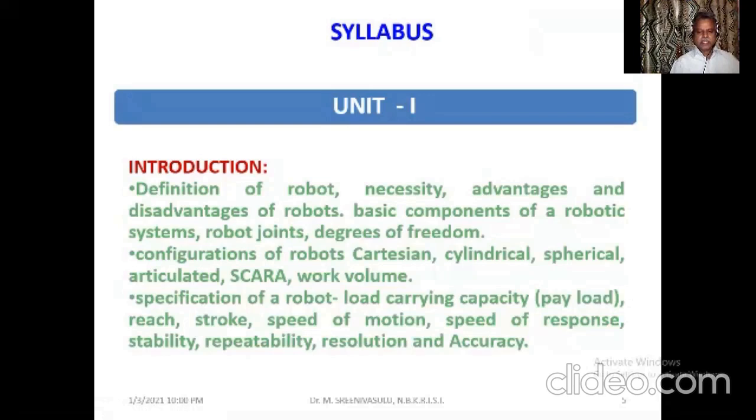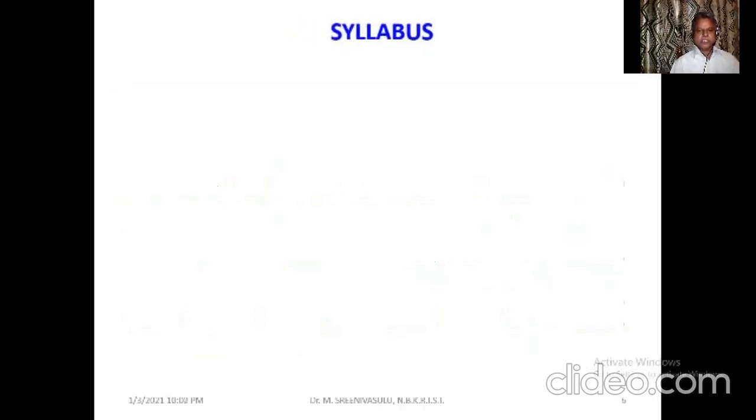If you have a particular load for which you need to design a robot, you should state what is the reach, maybe within your work volume, in what ways it has to be moved, with what speed, and what speed of response, whether your movement target can be repeatedly achievable or not, with what accuracy and resolution that is possible for us. All this information is going to be dealt under Unit 1. Coming to Unit 2,